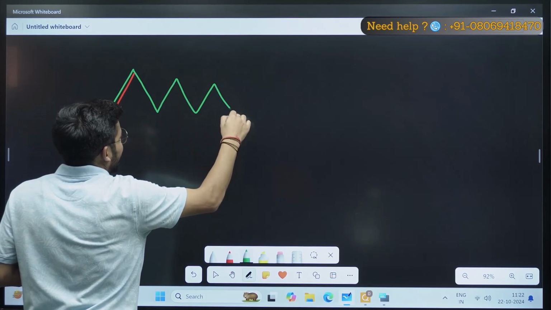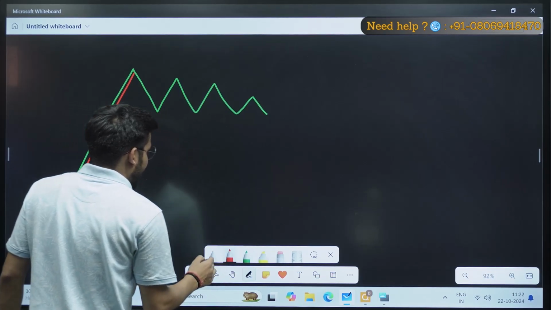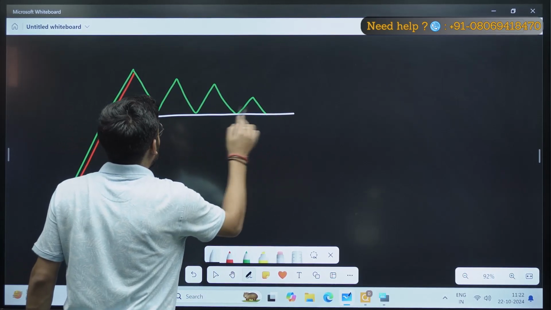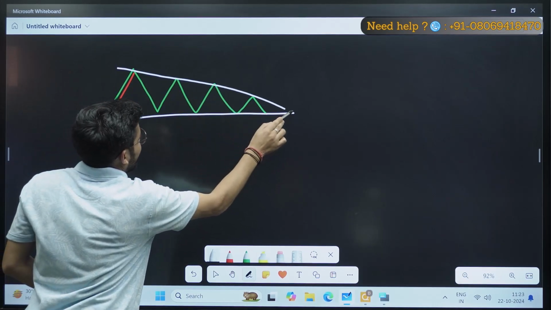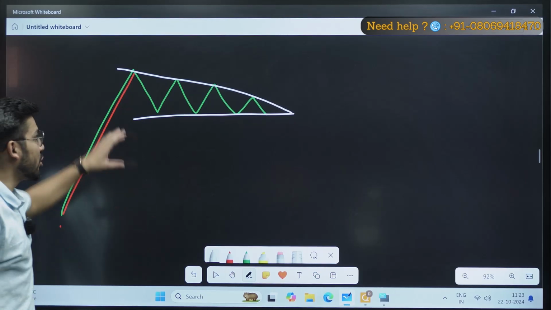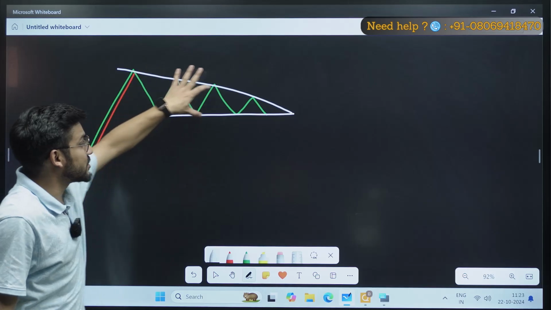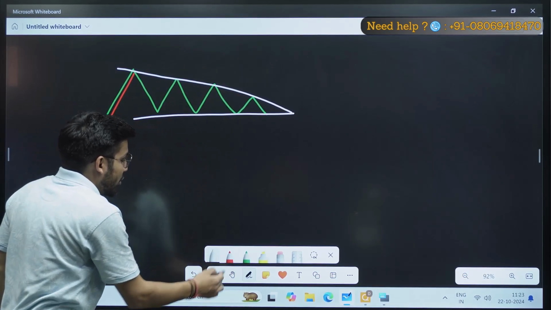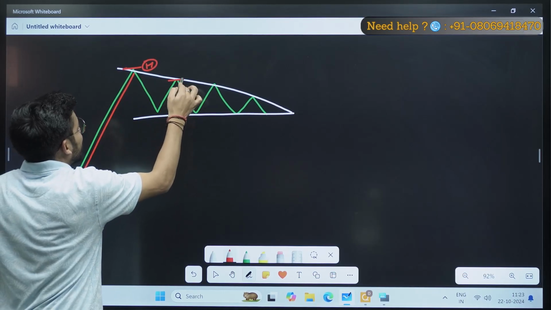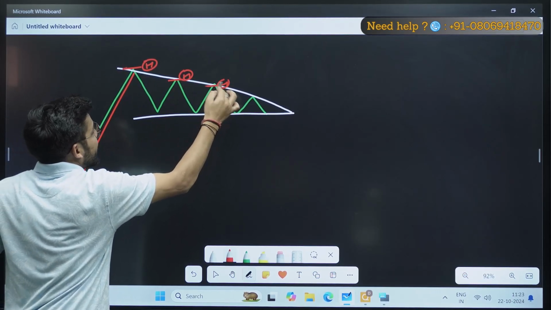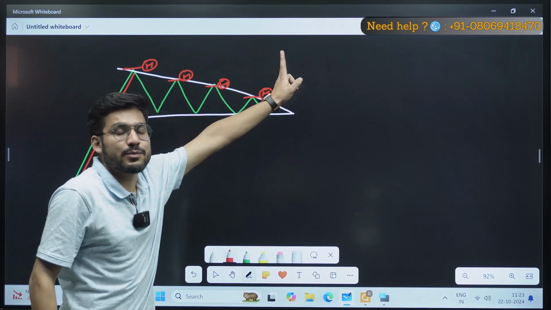So there is a certain pattern that is forming like this. It means my market was like this. It is making a bottom here, but when you analyze, it is making a lower low, and your market is currently something like this. Now the trend is strong, and you can see your market is not making a new high. This was the high, but the new high was lower than that, and the next new high was lower than that. It means the momentum on the upward side is not that strong.